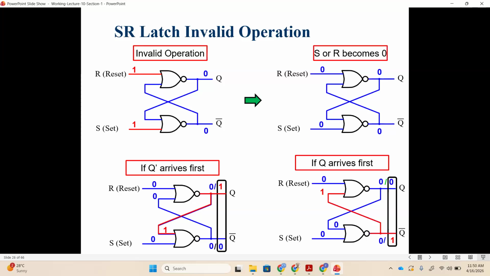Any question? Clear or not clear? Professor, is there a case where both arrive at the same time? Or even no? This is called a race condition. I will explain this with an example. Okay, Sidra, you asked a very good question, and I will answer your question